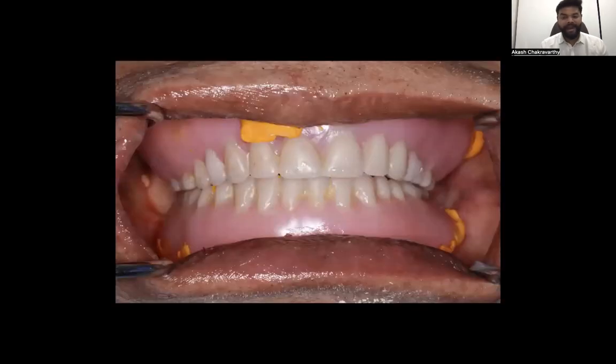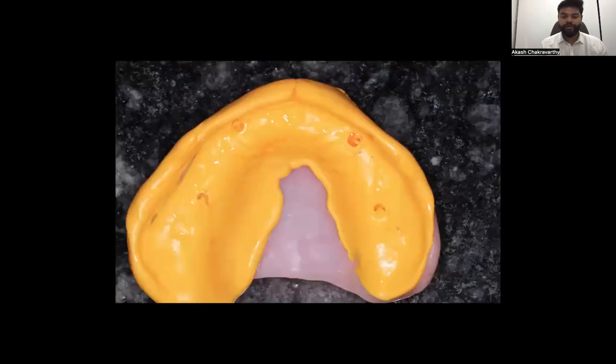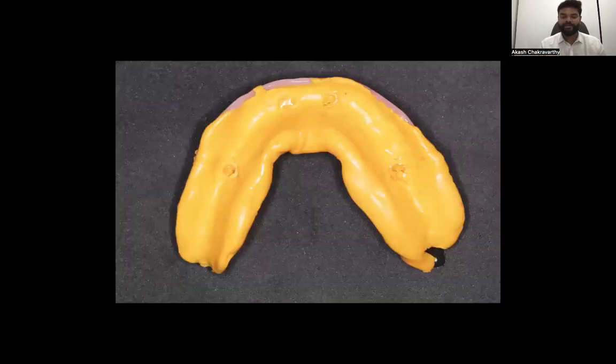Now, we had the patient's own denture, and we wanted to carry out our denture conversion procedures. So what we do first is we place putty on the denture, and we make an indentation of where the screw hole axis is coming out. Now we know where the screw hole axes are coming out, so we take a burr and we make holes in those screw hole axes first. That is the lower.